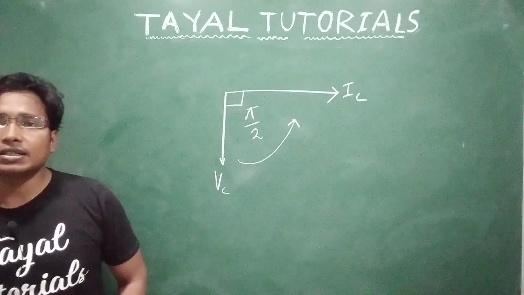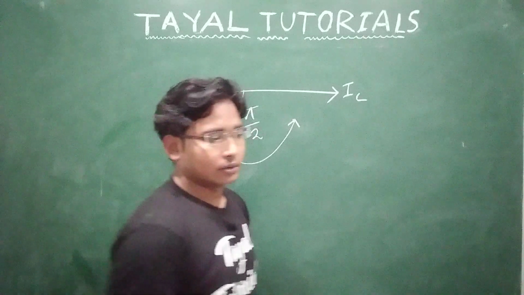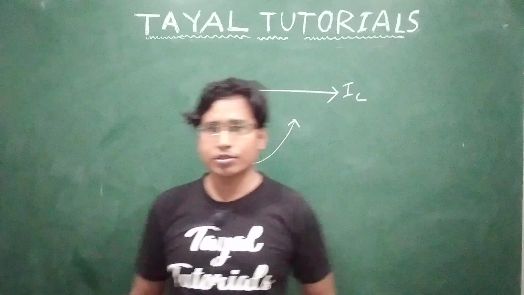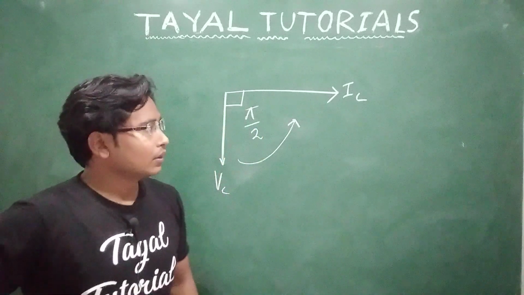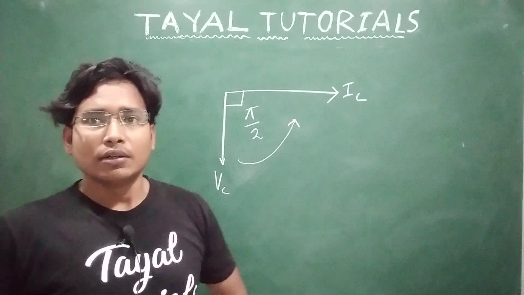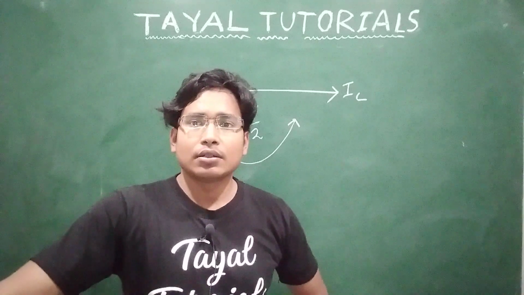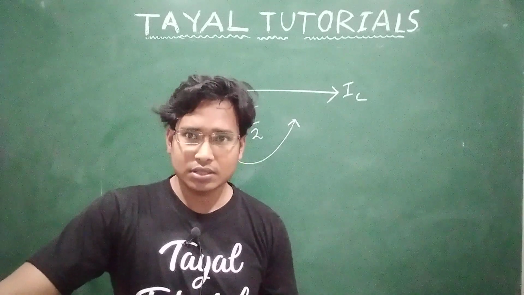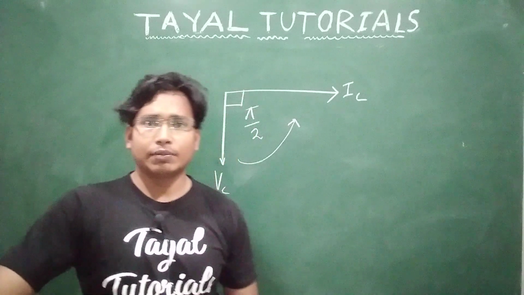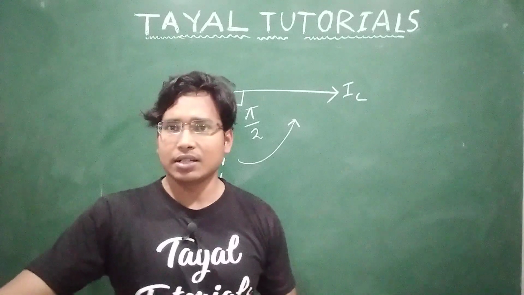Okay, so we will discuss that power over one cycle in a capacitor is also 0, like an inductor. We will discuss that in the next class. After that we will be discussing combinations of elements: RL, RC, LCR, and after that resonance. And after that we will discuss the problems which have been asked in your previous examinations.